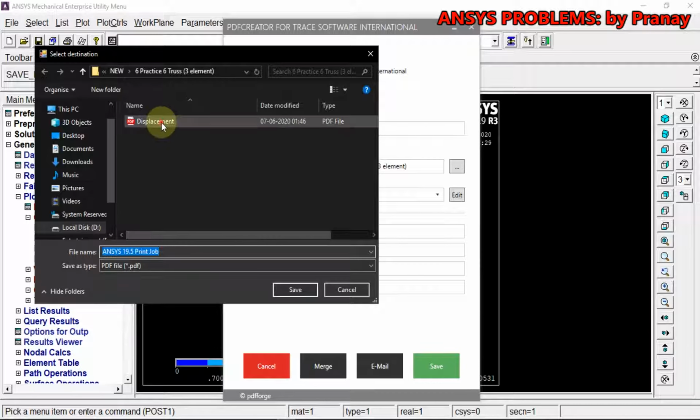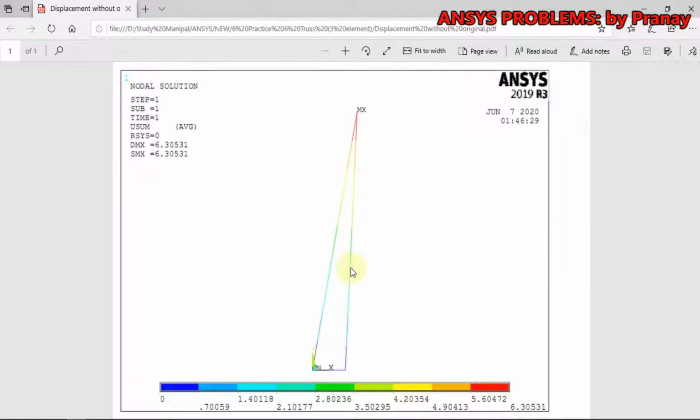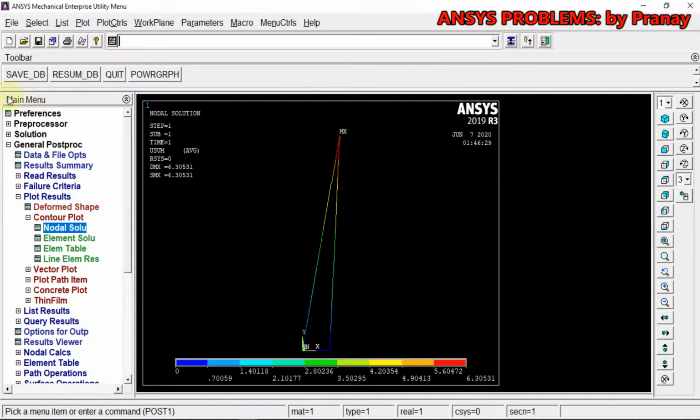Displacement without original, so only the displacement part will be covered, like so. The second thing I want to have is reaction solutions.